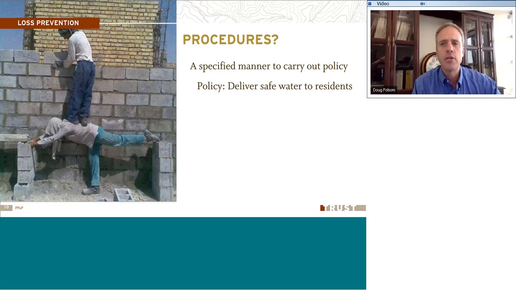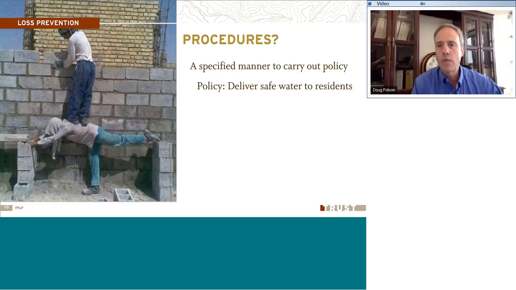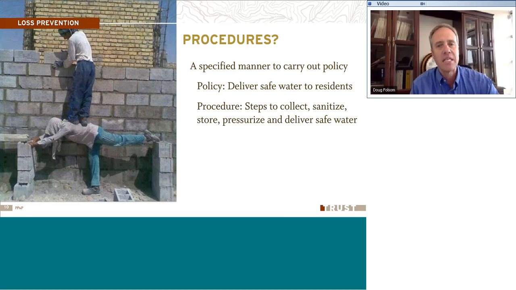Does that all need to be in your policy? Well, no, not necessarily. We can put that into our procedures. How do we actually accomplish or comply with our policy? There are step-by-step directions that help us make sure that we are fulfilling our policy.